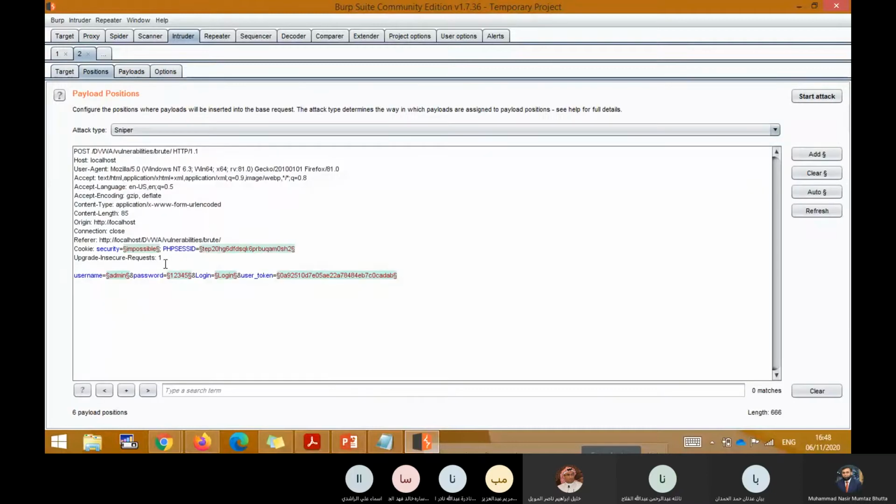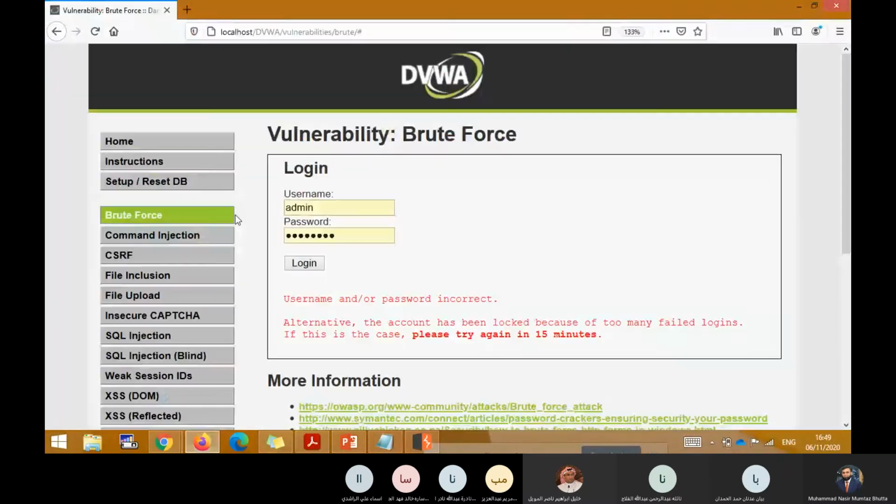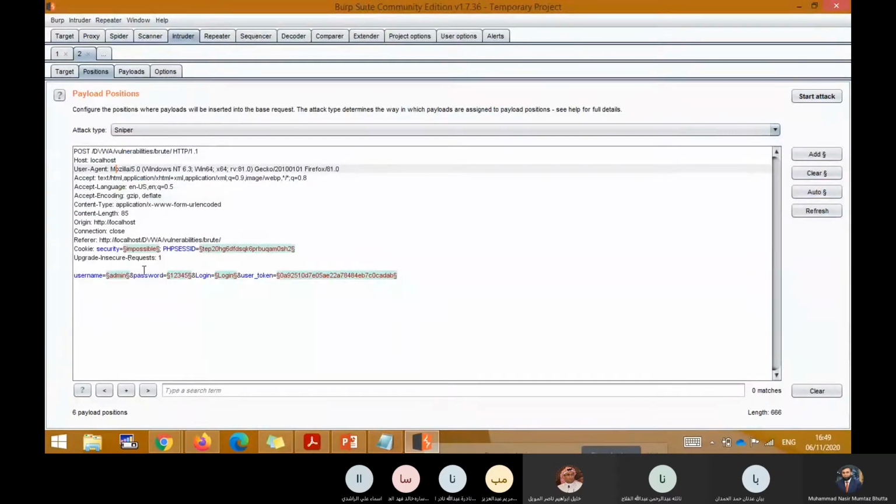Now, first of all, whenever you send a request to the server, will this header be the same or different? What do you think? When you send a request for username and password from this website, will the request header be different or the same? Different. How? What things will be different?